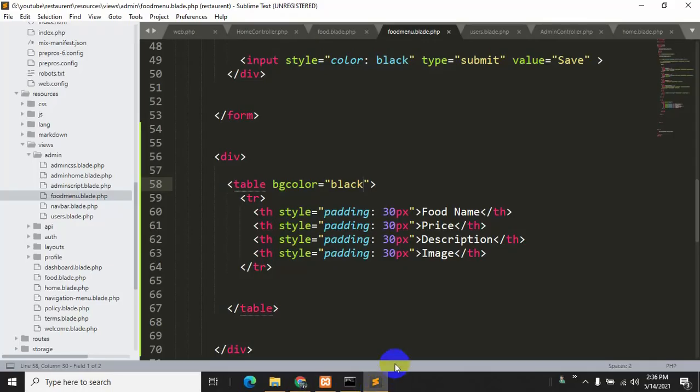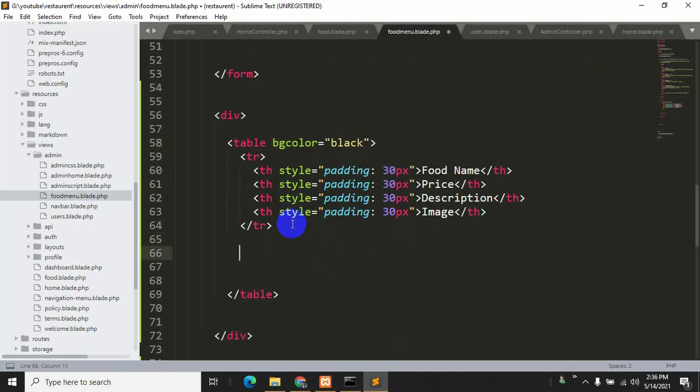Let's add some random data over here. Let's say tr, inside this tr we will say td. Let's copy it and paste it 4 times. Let's put just random things over here.